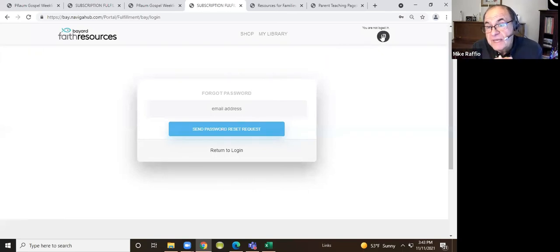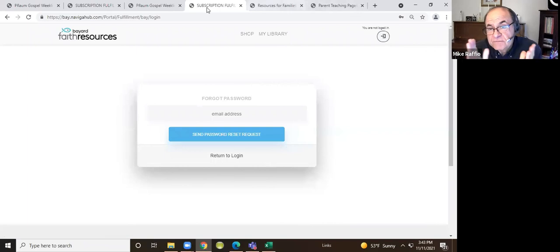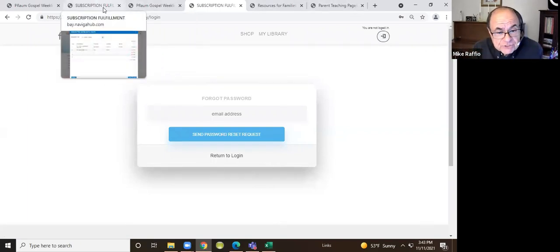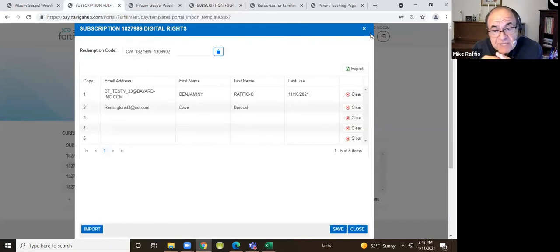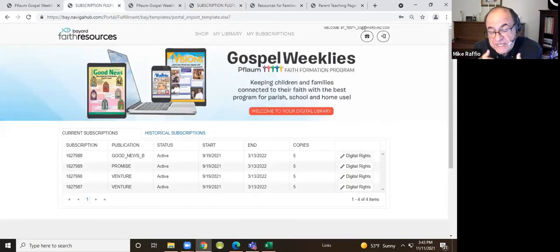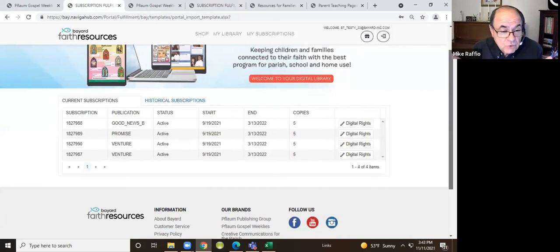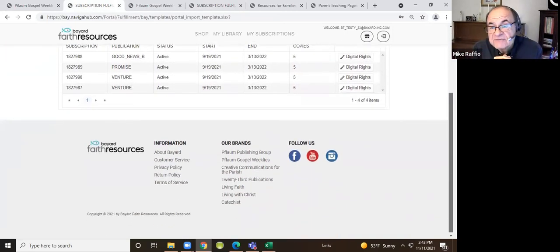You, by the way, will be able to do the same thing if you want to. If you don't want to keep your password as PGW all caps 2021, you could just click on forgot my password, and you would follow the instructions, and you could reset your password to whatever you want it to be. But that's your choice. If you change it, it'll change it in our system, so we will recognize it. But if you want to leave it at PGW 2021, that's fine.